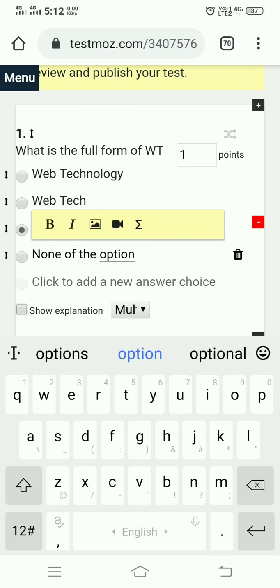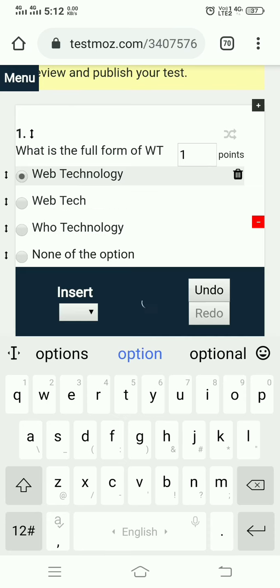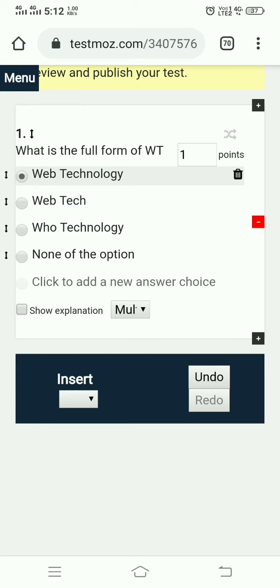So you can click on the right answer. Here I just click on the right answer. So in this way I can mark the correct answer.